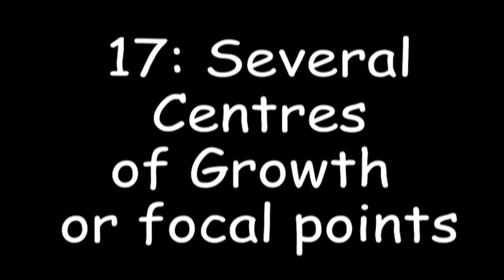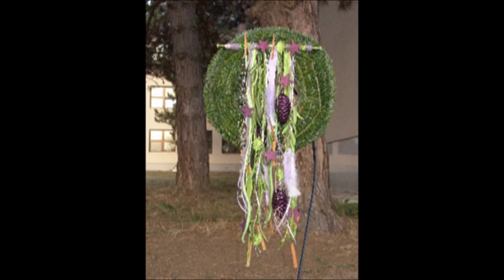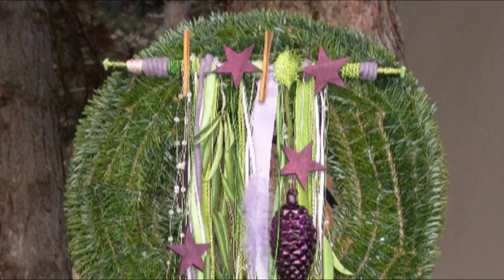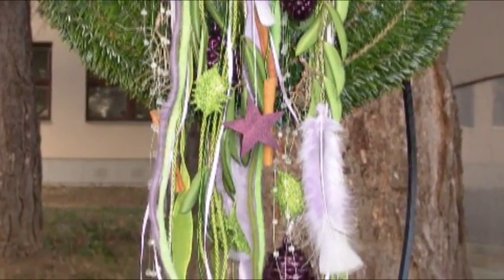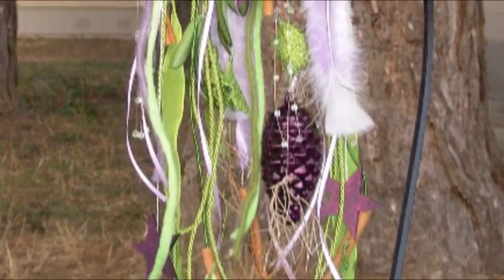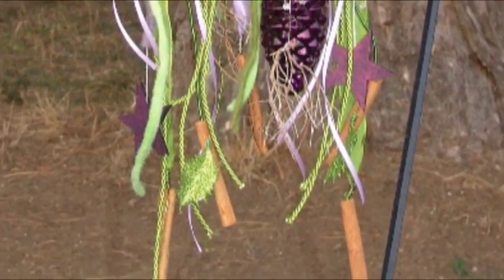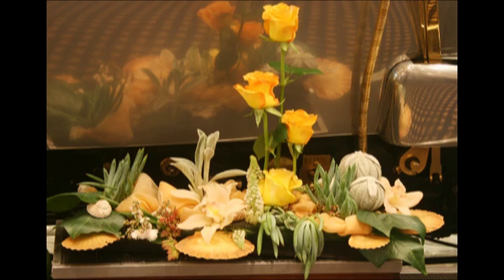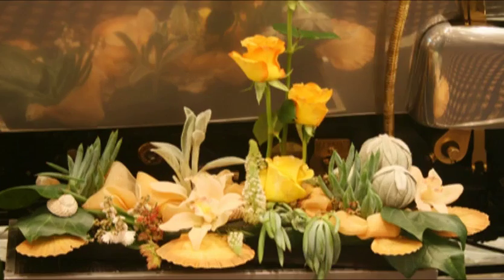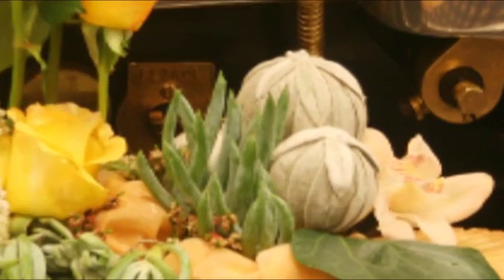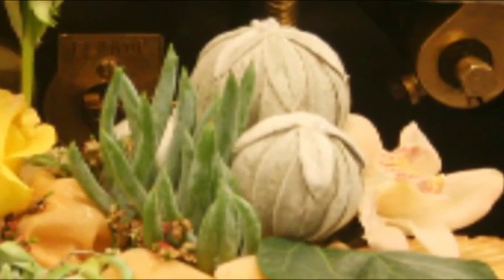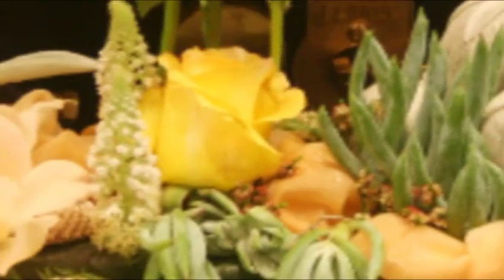What happens if you say, I want several or two centres of growth, focal points. I want to really start to mix things up now and perhaps make it symmetrical, but maybe more so asymmetrical, and have several areas where the plant material seems to be emerging from. What will happen then? Well, you're going to get a lot more excitement in your design. You're going to have all sorts of interesting combinations starting to arrive, and formal linear designs, which you now know what they are,